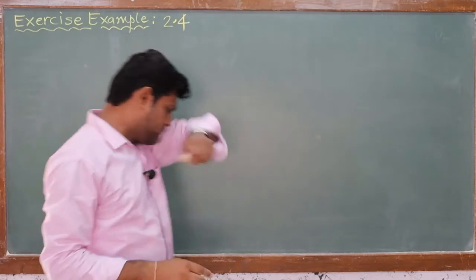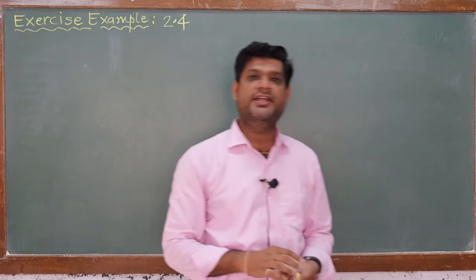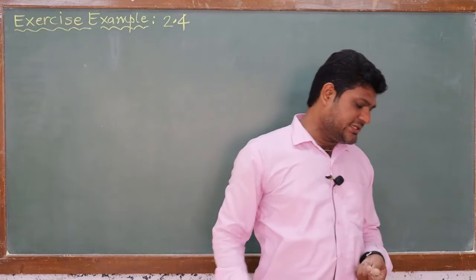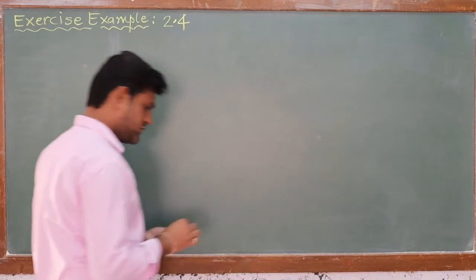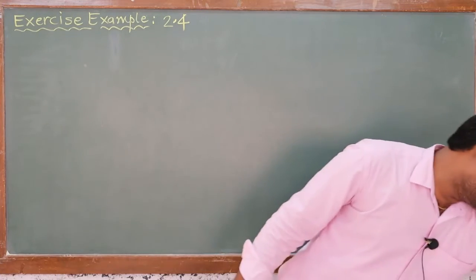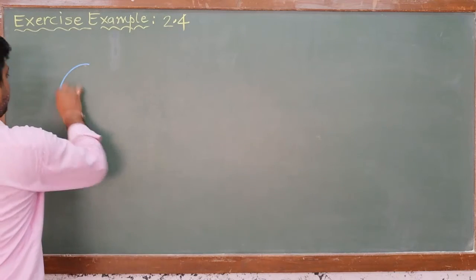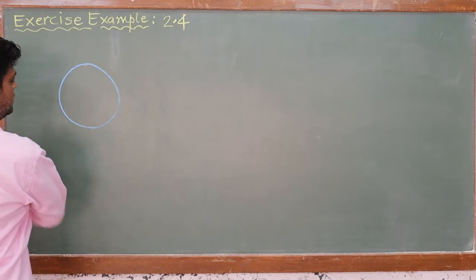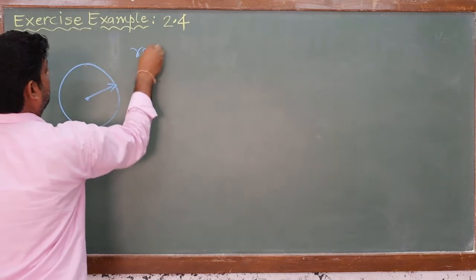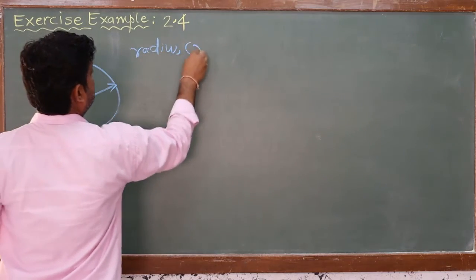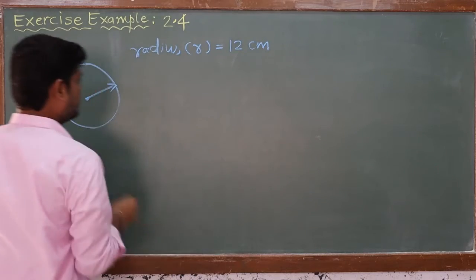See what is the question. We will read the question first of all. A spherical conductor of radius 12 centimeter has a charge on its surface that is 1.6. We will first draw a spherical conductor, right? Suppose this is a spherical body. Radius r equal to 12 centimeter, right?